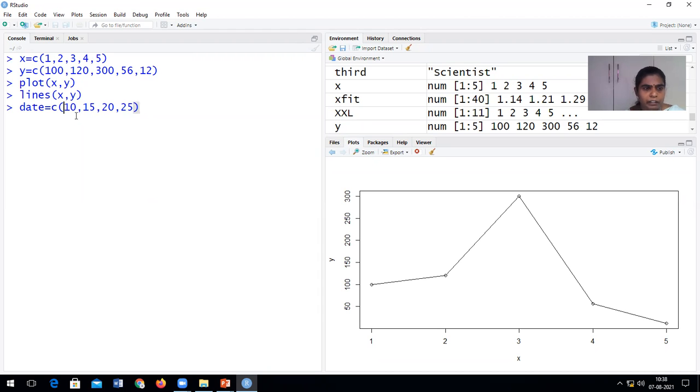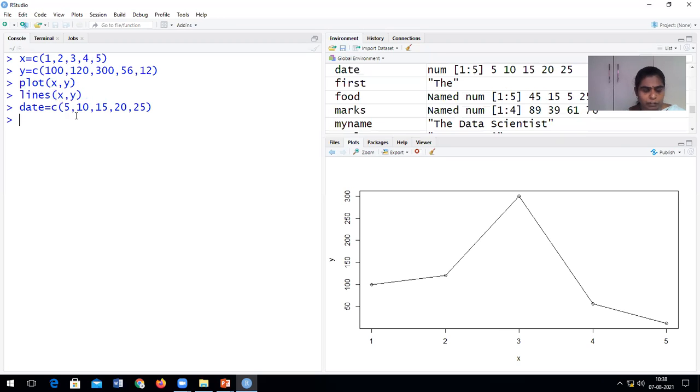So you have taken intervals like 5, 10, 15, 20, and 25. And then assume that the gold price is, let me assume that it is per gram. I don't know exactly, but randomly I'm plotting 4, 7, 6, 6. Then 4, 5, 1, 2.